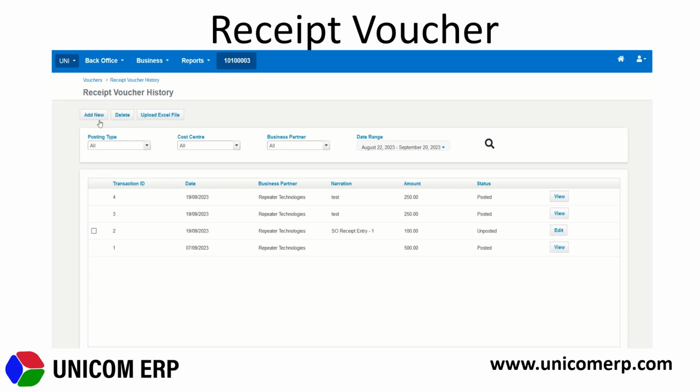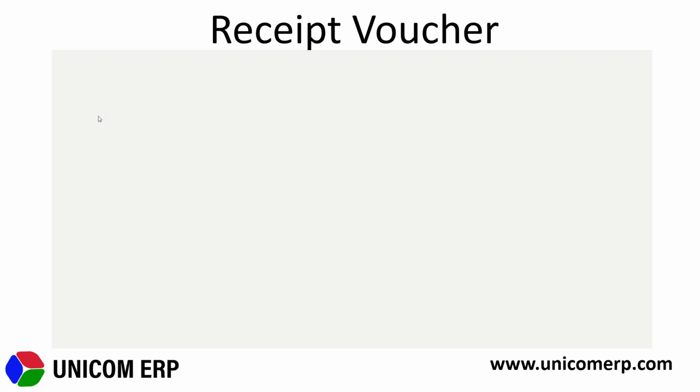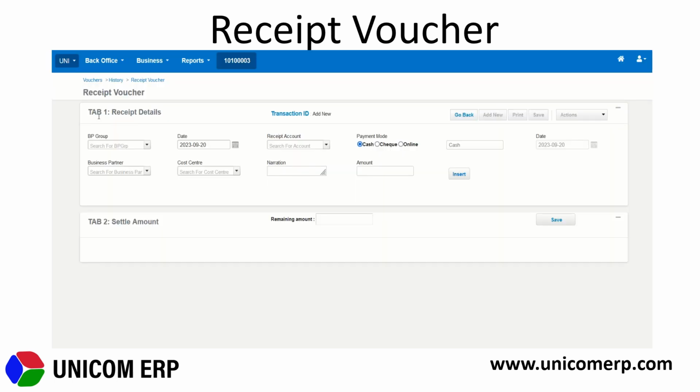Accounts receivable or receipt vouchers are a crucial feature in Unicom ERP that facilitates the recording and monitoring of payments made by business partners for goods or services. This feature also enables users to manage customer advances, which are payments in advance of goods delivery. Leveraging the accounts receivable or receipt voucher function, users can maintain up-to-date and precise company accounts while ensuring timely and